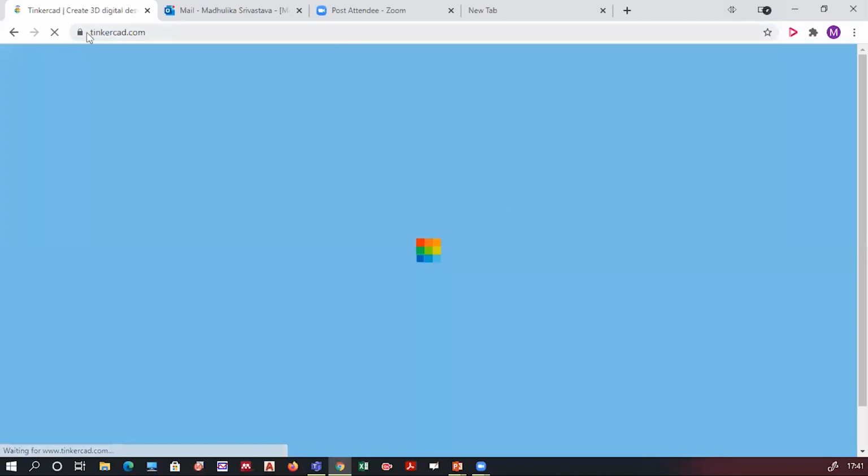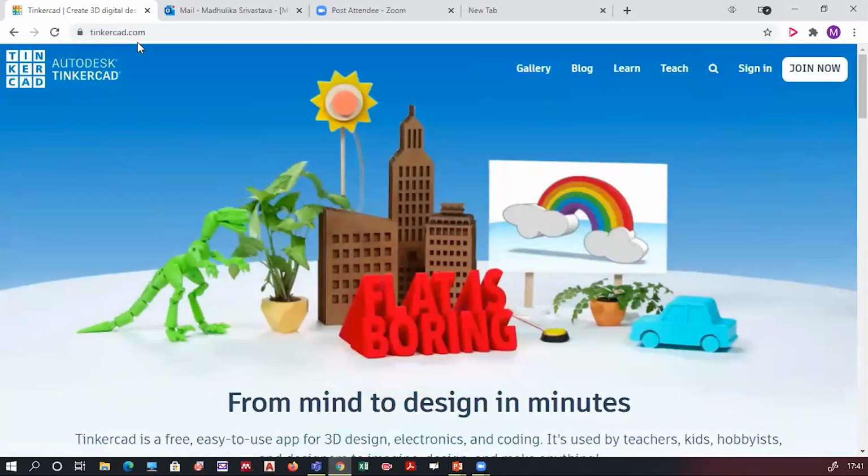So when you open tinkercad.com, you have to click on sign in if you have already joined. Before joining, you can't sign in. So first, if you have not joined, click on the join option.